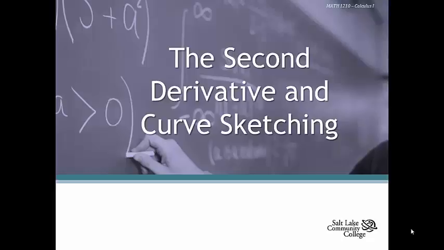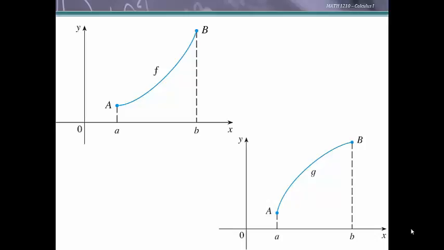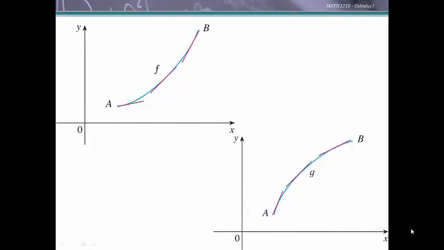Let's see what the second derivative tells us about the shape of a graph. As we're looking at these two functions, continuous functions, differentiable functions on the interval from a to b, they are both increasing on this interval, both f and g. But as we look at the slopes of the tangents to the curve of these two different functions,